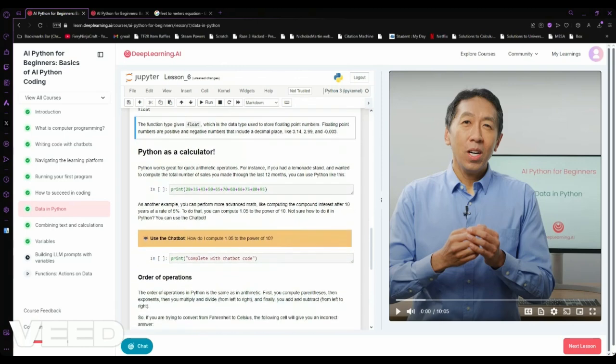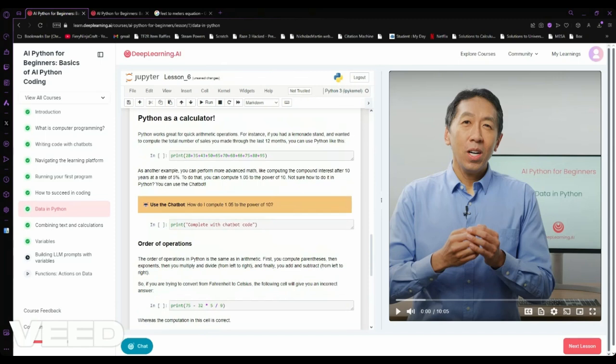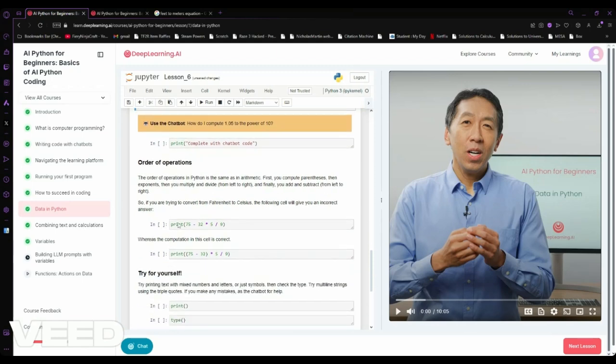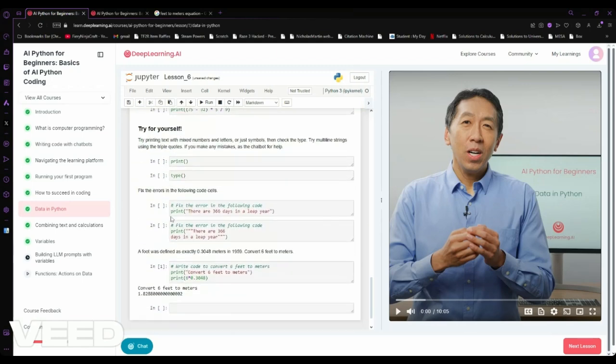And then here they show us how Python can be used as a calculator and stuff like that, right? It can solve long strings of numbers like this to give us a big number like that. So if we scroll down here, you can see the work I did for this section. It asks us to